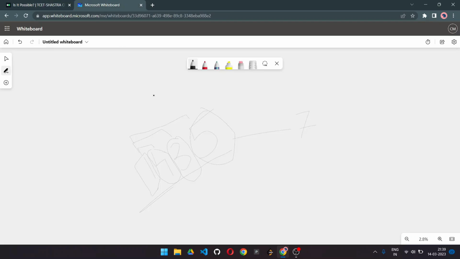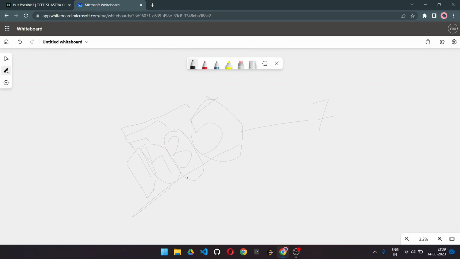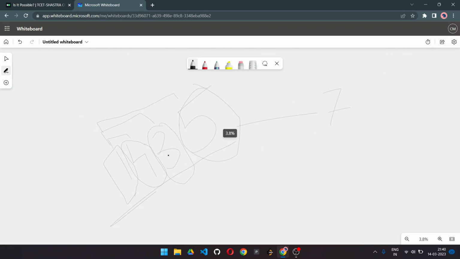This can be done by finding the subarrays and their sums. But is it feasible to do so many operations at a time, like finding all the subarrays and comparing each and everything? No. So we can do one thing, we have come up with an observation. If you have tried to solve it, we can see that the greatest element present in the array, which is here 5, and the smallest element